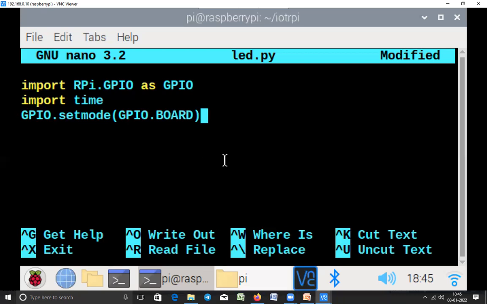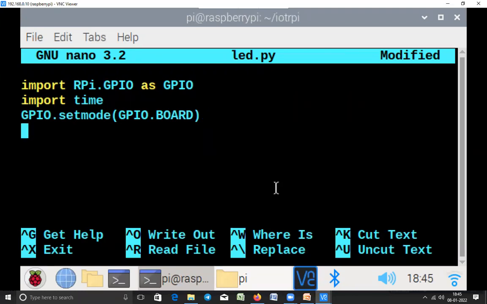When you are working physically with the board, you can see only board numbers, so you can easily understand. My suggestion is it is better to use the board numbering. But generally BCM is more useful if you know SoC, system on chip. GPIO numbers are Broadcom numbers, BCM is Broadcom, and that is actually the main SoC numbers. But you can use either. All of you, right?